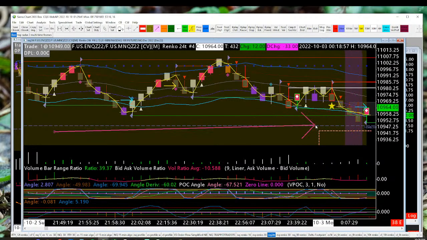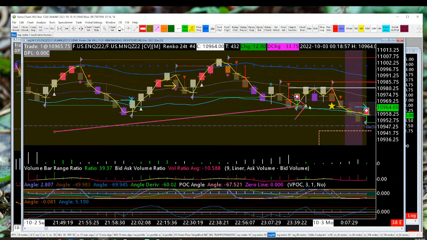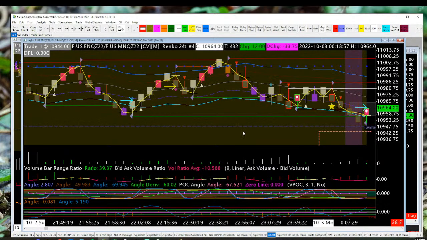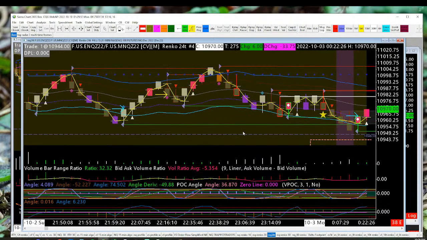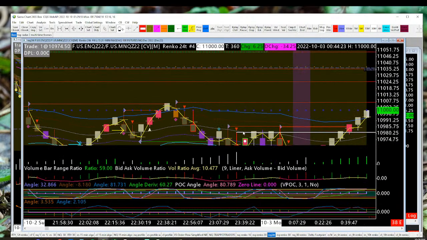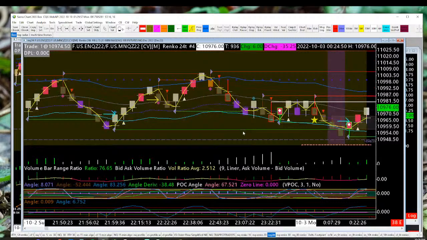Without the green and red arrow, without the green and red outlines, I would definitely buy this. But with them, I am hesitant. So let's see if that's a good thing or a bad thing. I would usually now skip this, but I would have normally bought it, and that gets totally annihilated. Look at that. So here's an example where